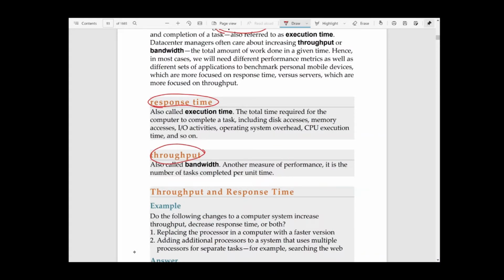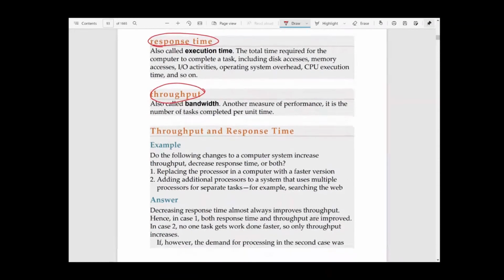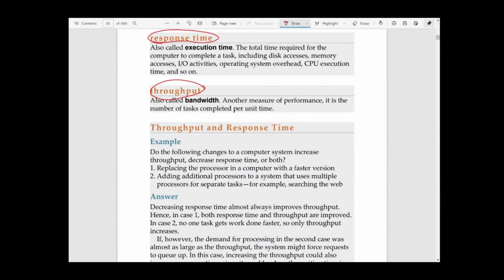So what is called response time is written here. Response time is also called execution time. Execution time means the total time required for a computer to complete the task. In this total time, everything is included: disk handling time, input output time, operating system overhead and CPU execution time. Throughput, also called bandwidth, is another measure of performance. It is the number of tasks completed per unit time. So always try to remember these definitions, and don't just remember, you have to understand these terms. If any point is not clear, then please let me know. Okay,